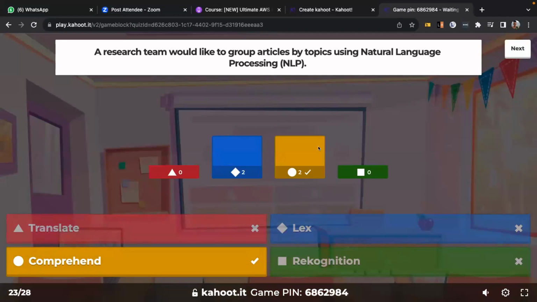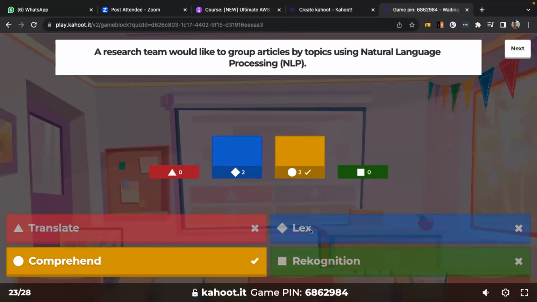Now with Lex, it just converts speech to text and can also have some natural language processing. With Comprehend, it can group articles. I'm reading this from the AWS documentation: Amazon Comprehend derives and understands valuable insights from text within documents. So that's the difference.